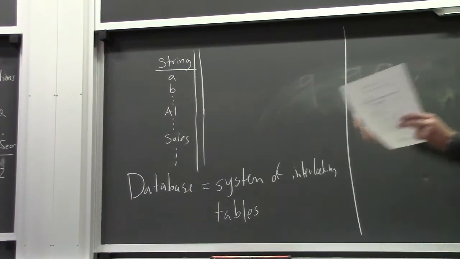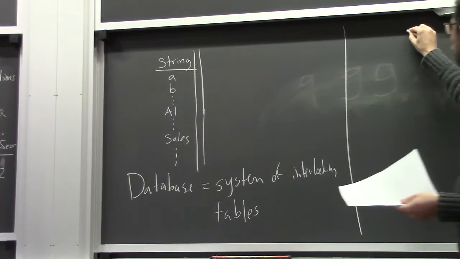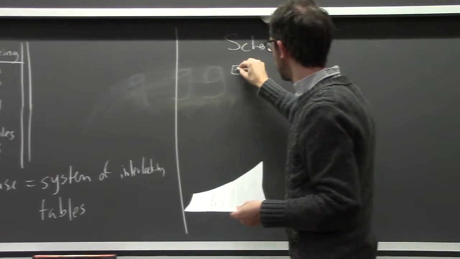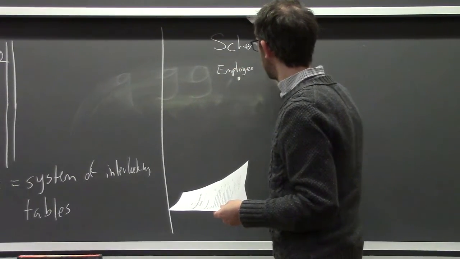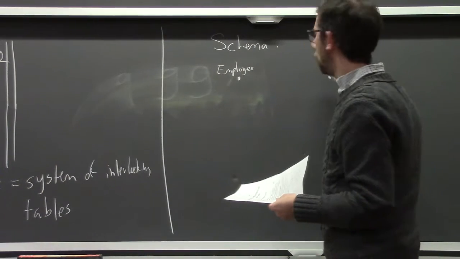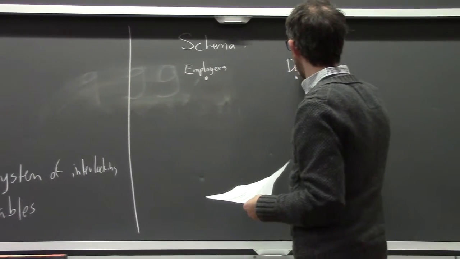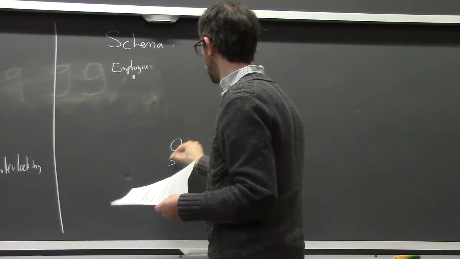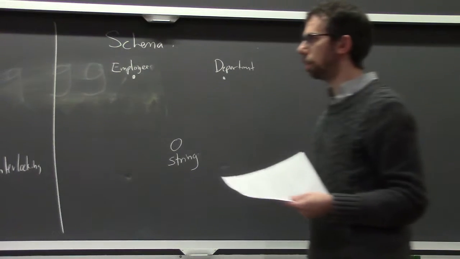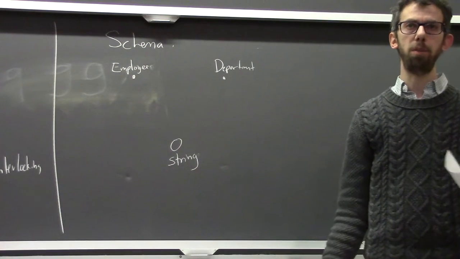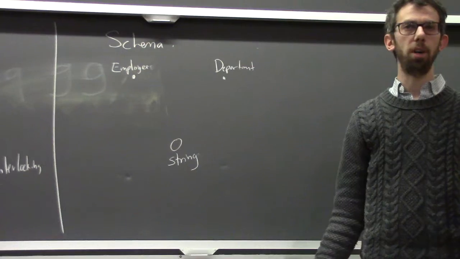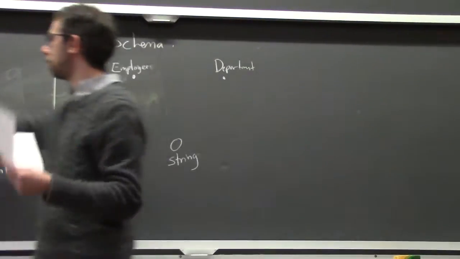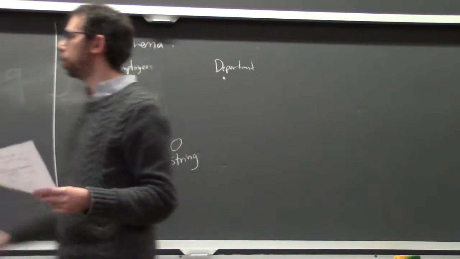But we can arrange all that information, just the schema of it, pretty nicely by saying what tables we have: employees, departments, and strings. And I'll write strings with an open circle instead of a closed circle because it is that weird: it's a data type. It's from our programming language, Java or whatever. It's not something we're going to get to fill in ourselves. So that's the slight technical difference between string and employees and departments.